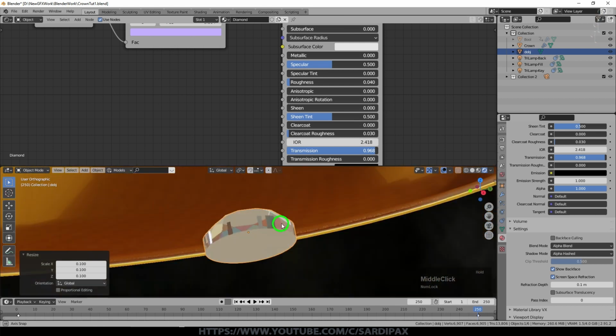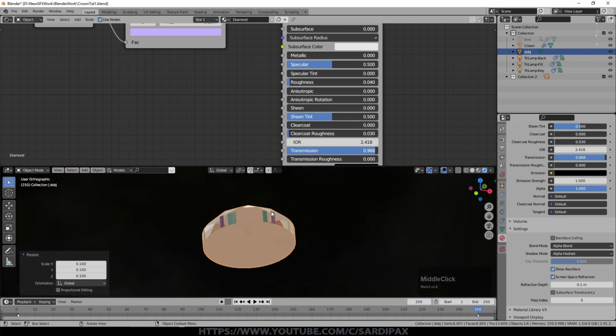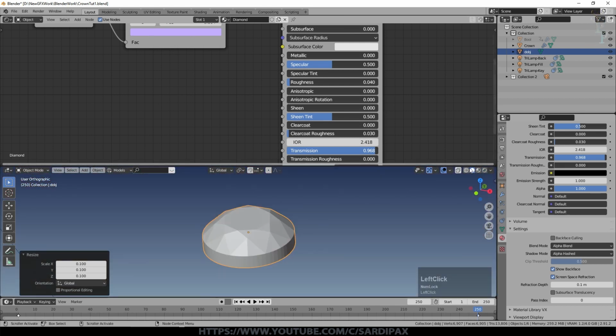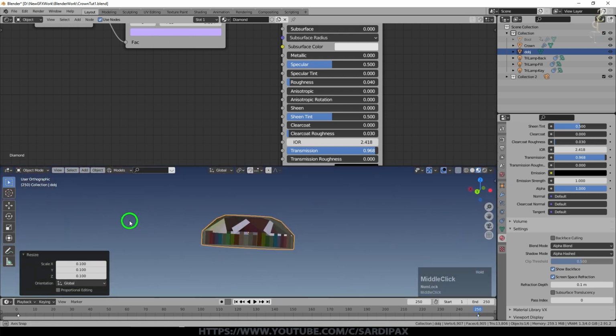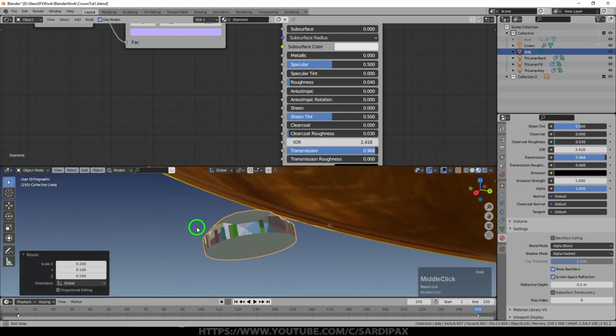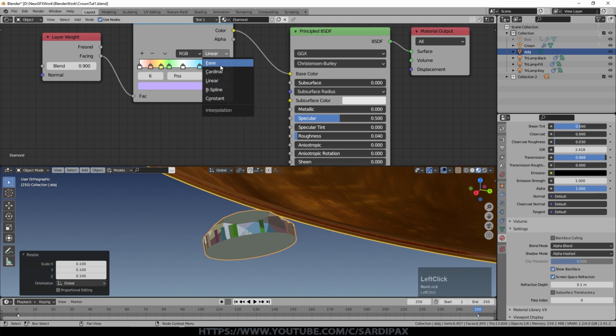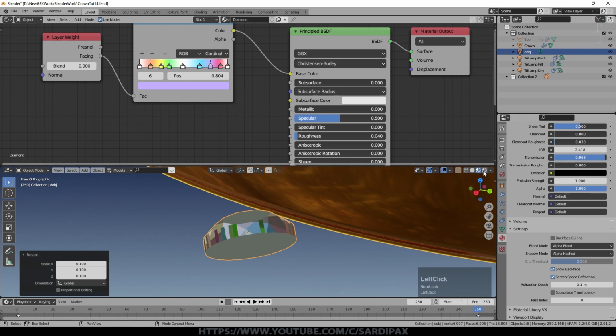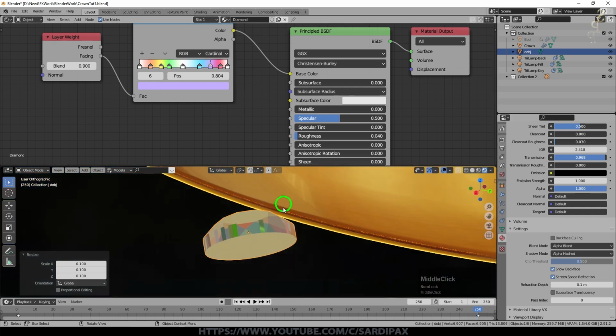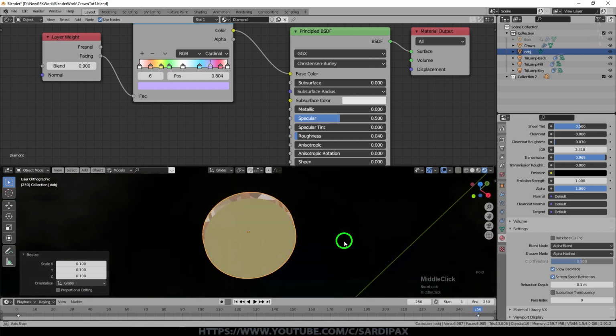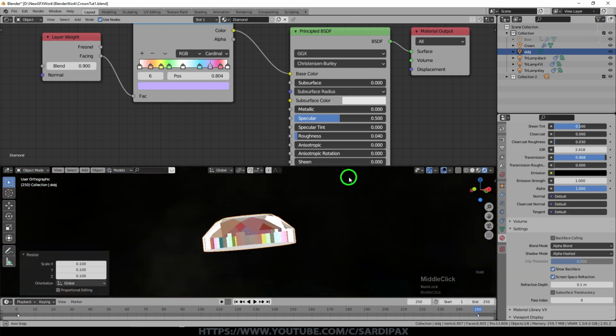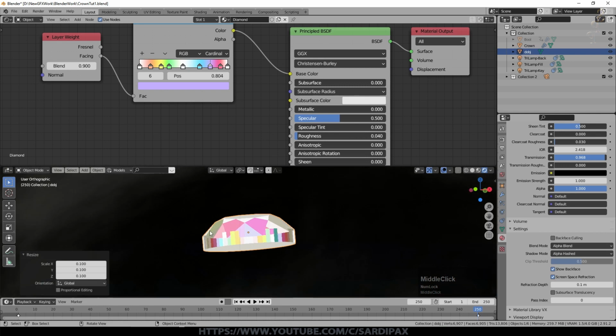As I said, I used much more pastel colors than this, and that worked a bit better, but it gives you a general idea of how you can get gems to work, and you just need to play around with these settings because it's all affected by the light in the scene as well. The other thing I did was change this to cardinal, because that then gives you a more sudden change between one color and the next, and you can see as I'm moving around we're getting this sudden change between the